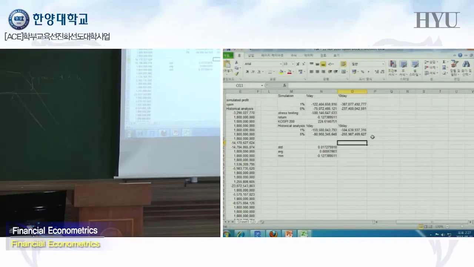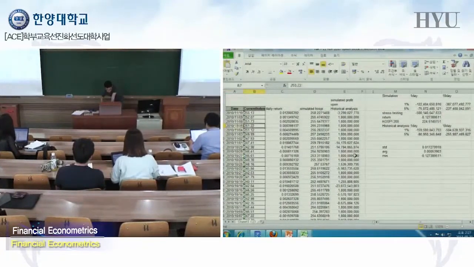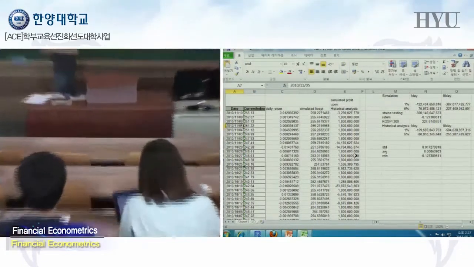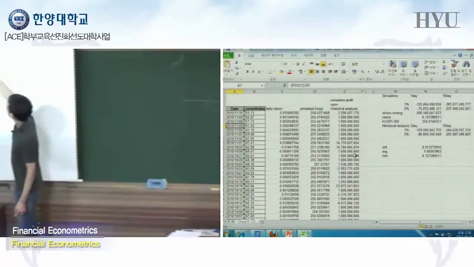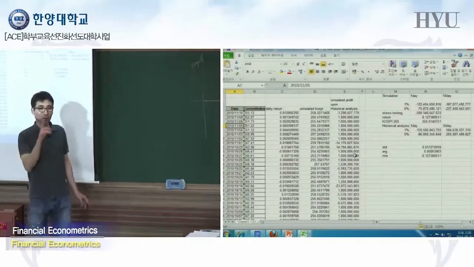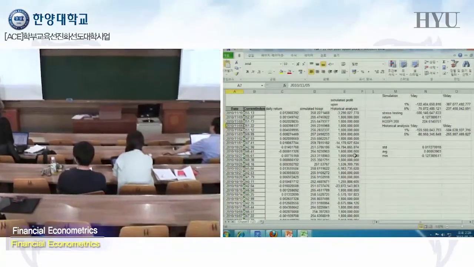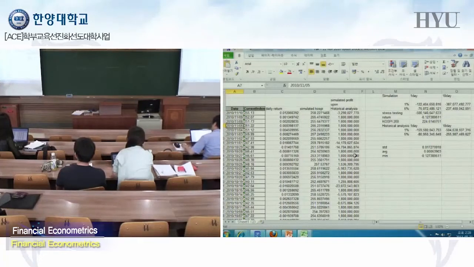Hide. Okay. Historical analysis. So what we in the end have is all possible profit and losses based on our scenarios. Now what we can do is sort this from the largest to the minimum. The largest is of course 1.8 billion. The profit cannot exceed 1.8 billion, right? Once we sort this, then maybe we can pick the lowest 1%. And then we can find the border value, right?